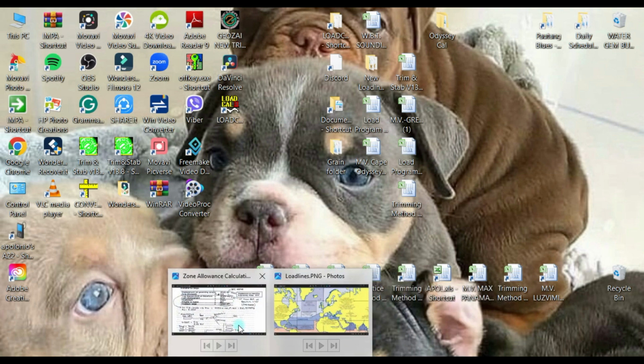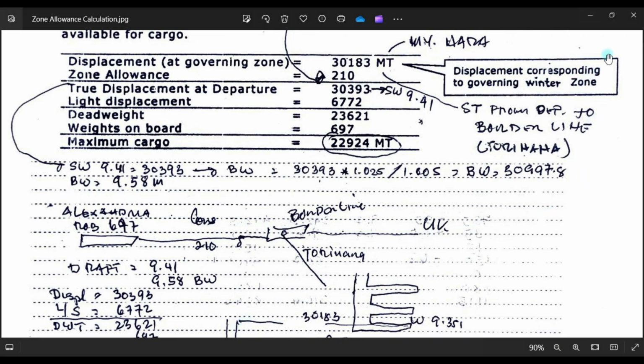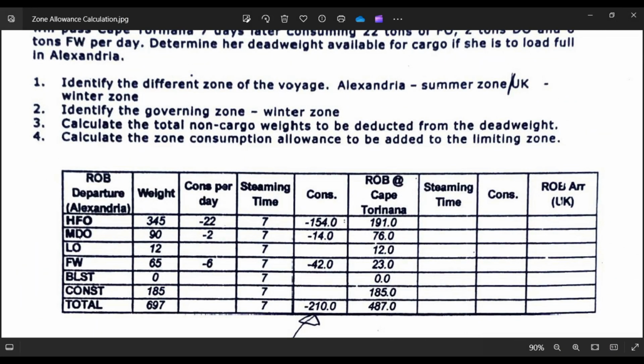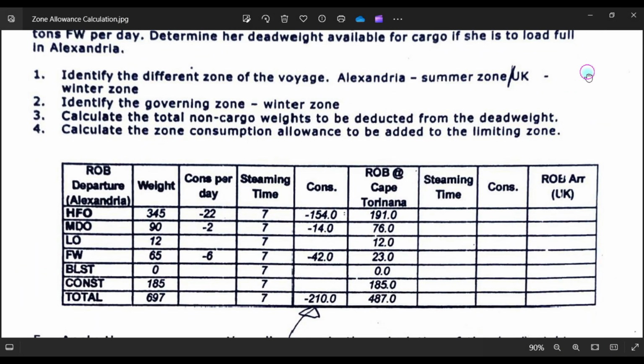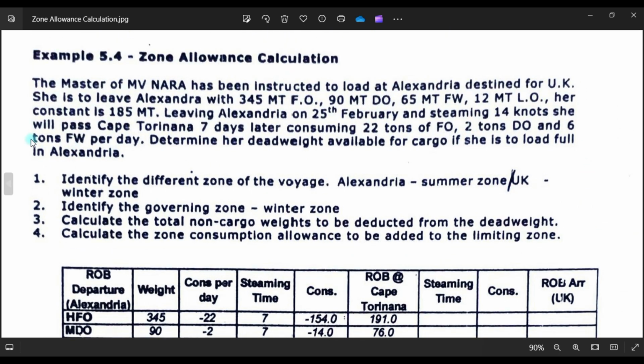So this is the problem, guys. This is example 5.4, zone allowance calculation. It's the same vessel, MV Nara, and has been instructed to load at Alexandria, that is in Egypt, destined for UK.